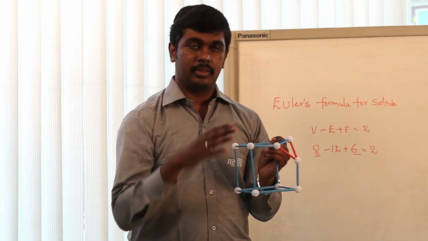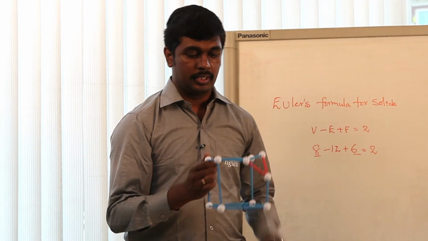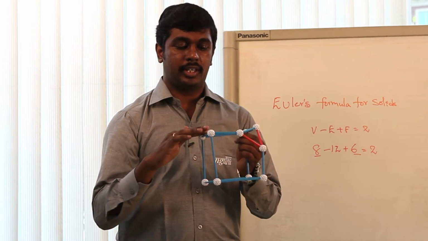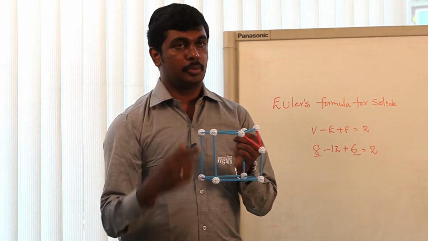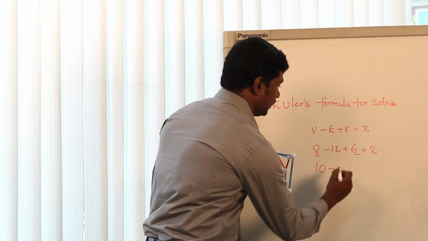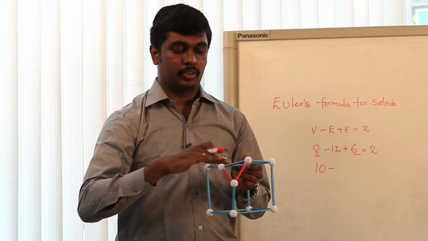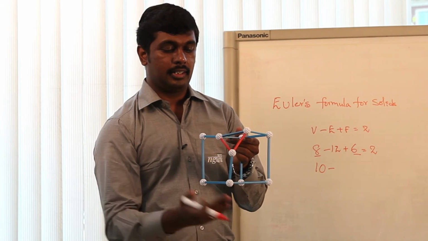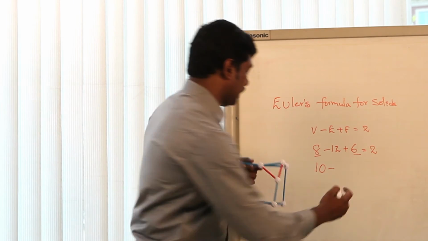For this I will count the vertices, edges and faces, and I will verify whether it is coming to 2 or not. So here I can count the vertices 1, 2, 3, 4, 5, 6, 7, 8, 9, 10. So when I have cut the cube, in truncated cube the vertices are 10. Edges if I take, here in edges 1, 2, 3, 4, 5, 6, 7, 8, 9, 10, 11, 12, 13, 14 and 15. So total 15 edges I have got.